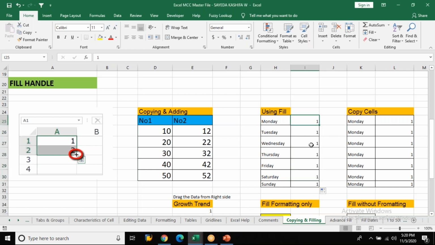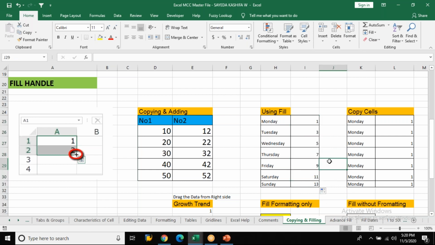So if I just copy 1, 1, 1, but I want 1, 2, 3, 4, I can just go here and choose fill series. Okay, I have 1, 2, 3, 4, 5, 6. It increments by 1 based on the previous data. But if I put 1, 3, and 5, that means I need an increment of every 2. So I just take the first 3 cells and drag it down.